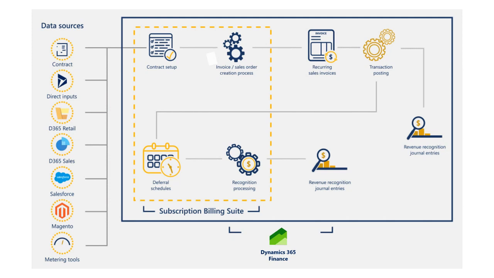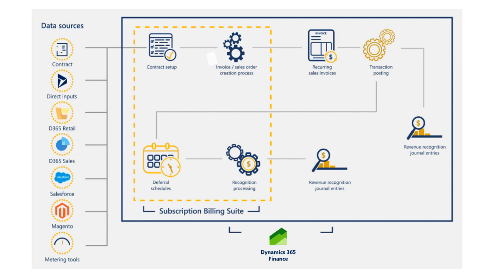So let's start with the top left corner at contract setup. First, what we do is we look at our customer contracts or agreements. They could be formal, informal agreements you have with customers. That part doesn't matter. Effectively, we're looking at the key data points that are applicable for that contract, such as billing frequency, how much we're going to bill the customer, the length of time, special pricing, things like that. And then that contract setup, it's the foundation to create all the downstream sales orders and downstream